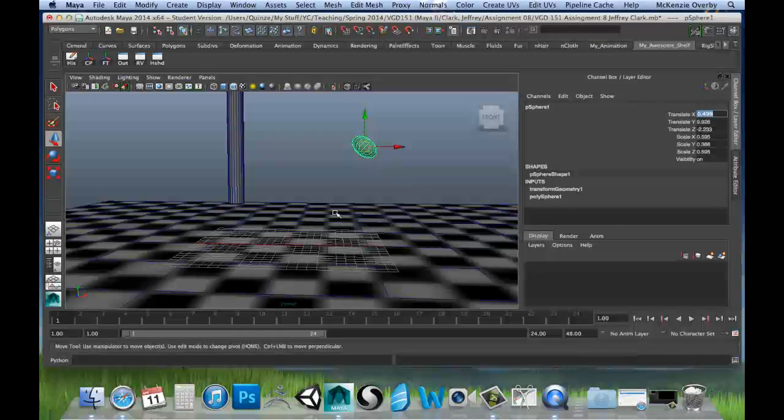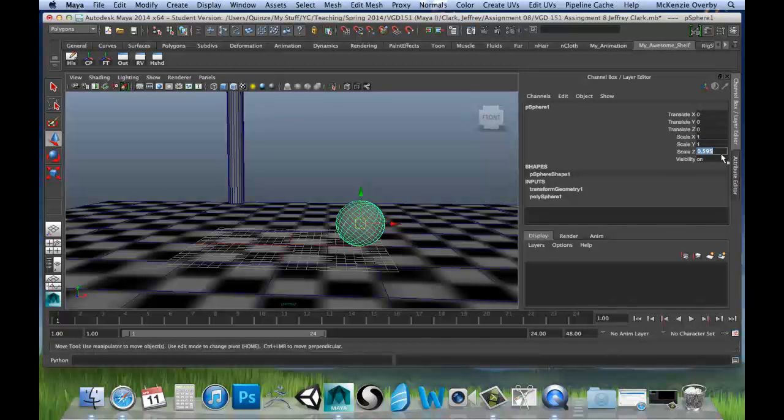So if I want it to go back to its original position, that position that we chose for it, we can simply put zeros in Translate X, Y, and Z, and it's going to send it right back to that original position. We can put 1 for our scale X, Y, and Z to give it its original